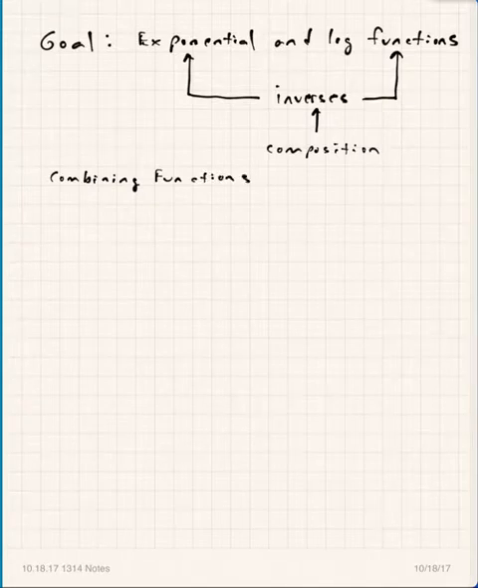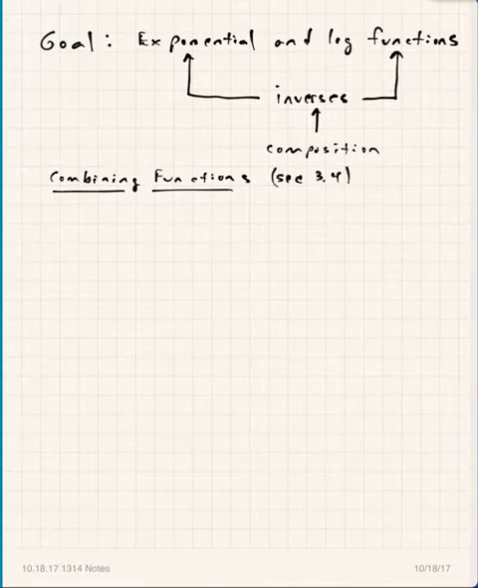Now, function composition, and by the way, in your textbook, this is back in section 3.4. That's a section that we skipped earlier in the semester. And this is why we skipped it, because we didn't really need it until now. So, all right. Combining functions,